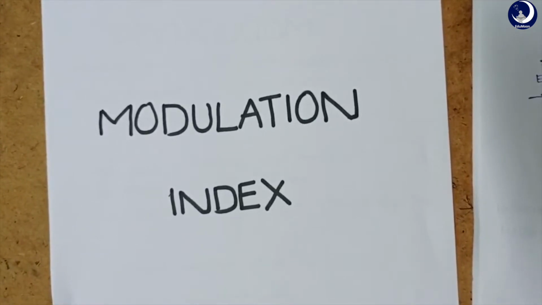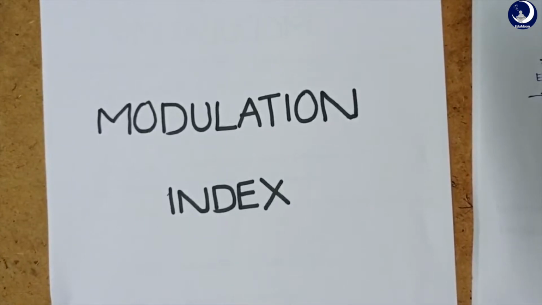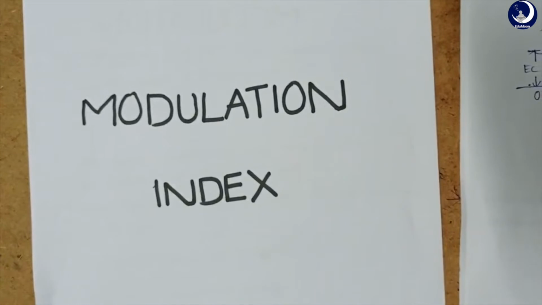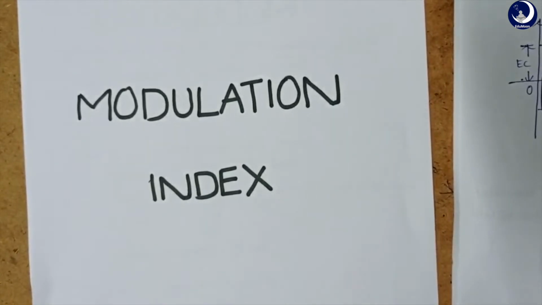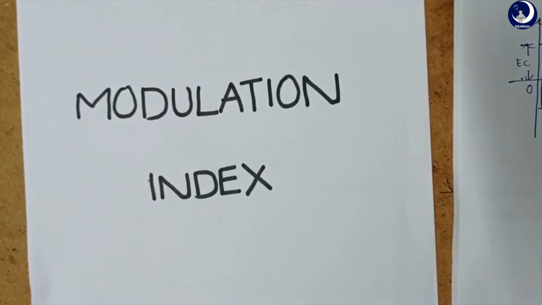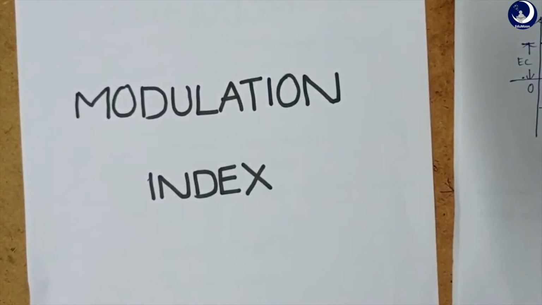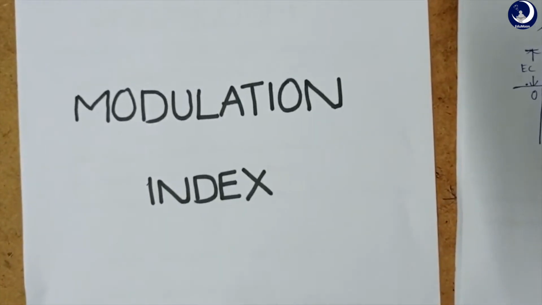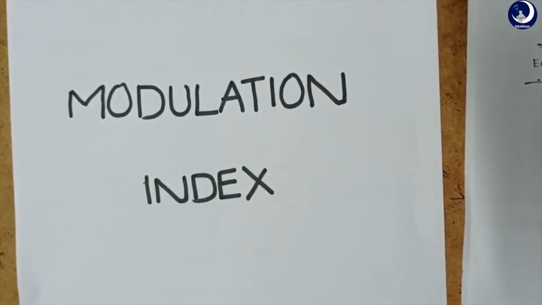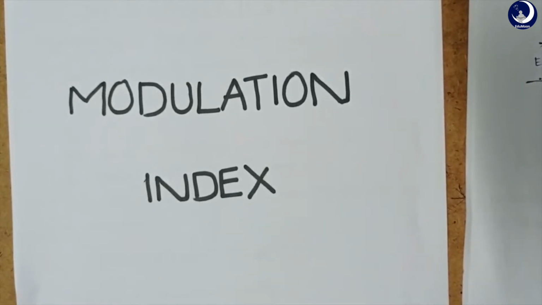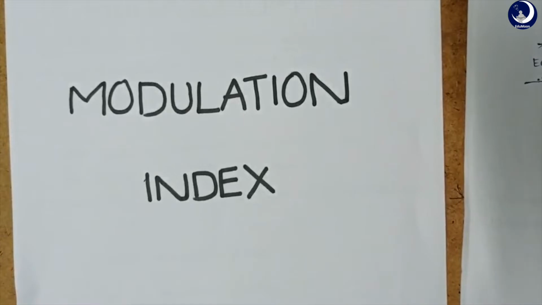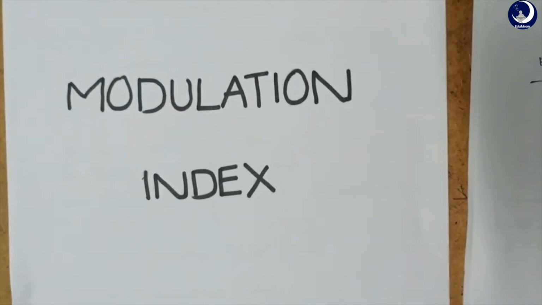So, generally, how could you judge a student in your class? Generally by his marks, right? How can you judge whether the student is a good student or an average student? By his marks. That means there is some parameter. Here marks are the parameter by which we judge how clever the student is. In the same way, I'm asking you, how can you judge modulation, how good, how perfect the modulation is done?